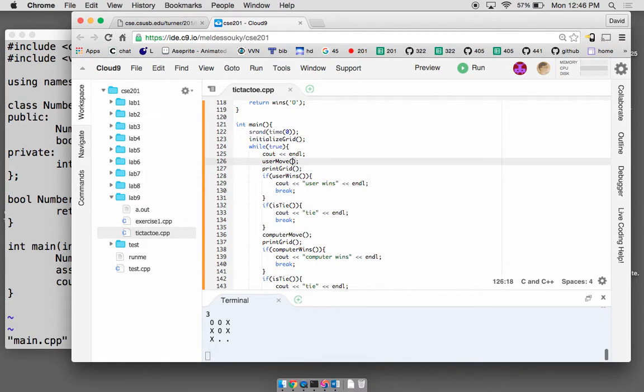So this is the user move. Print the grid. This is false. This is false. Then we do computer move, and I think that should return a value. So you could print it out here. You could do something like cout,